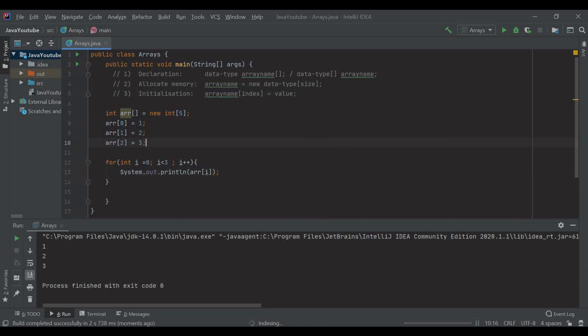Now in the for loop, I'm iterating over it again and again. For the first value, it's array of 0 when i is 0, so this gets printed. In the next step, i is incremented, and so array of 1 is printed, that is 2, and then 3.